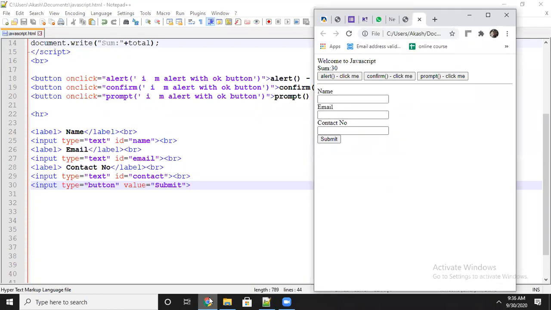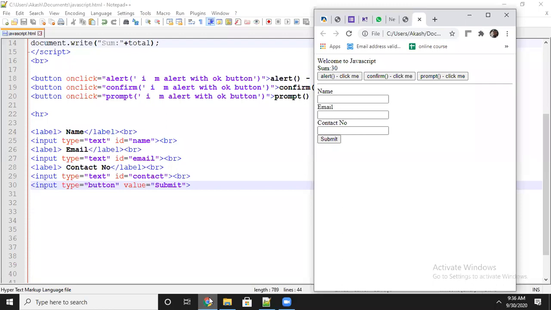Okay, what I am going to do in this, I will do the validation also, and I will pass the values also. But for that purpose, I have to create one function here. What function do I have to create? One custom function, like a user defined function. In that I have to pass all the values. I will use external JavaScript for the validation purpose. That will give you a clear idea also.